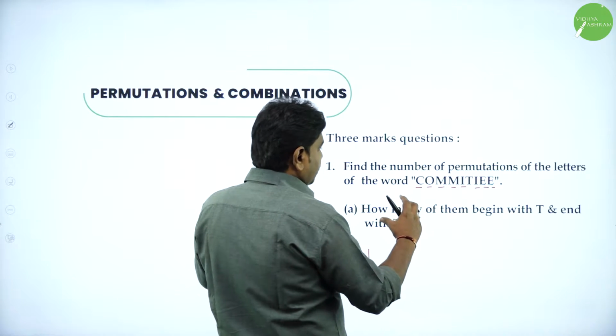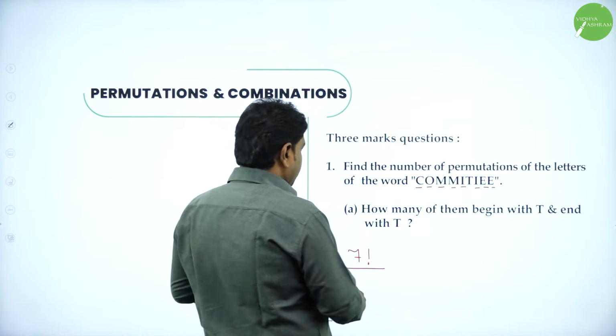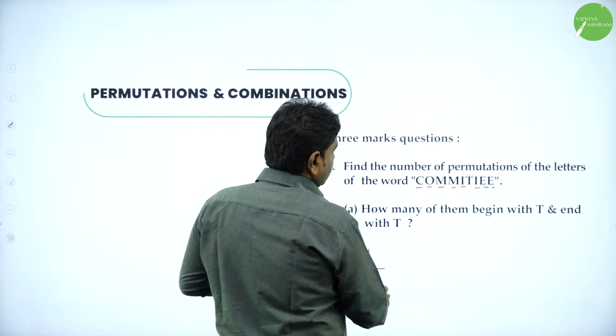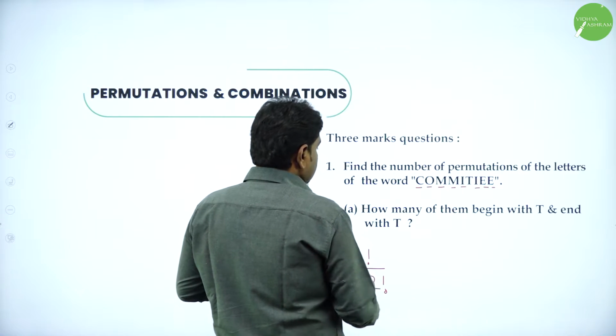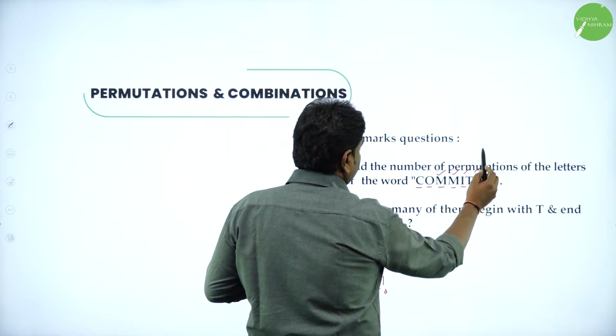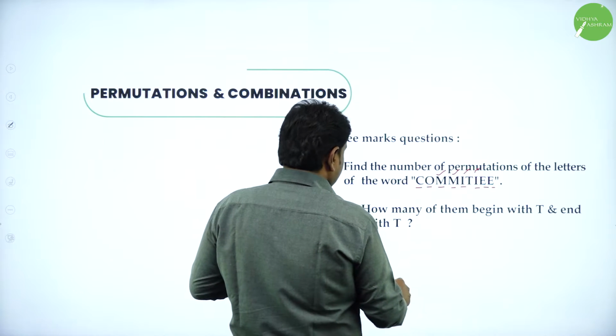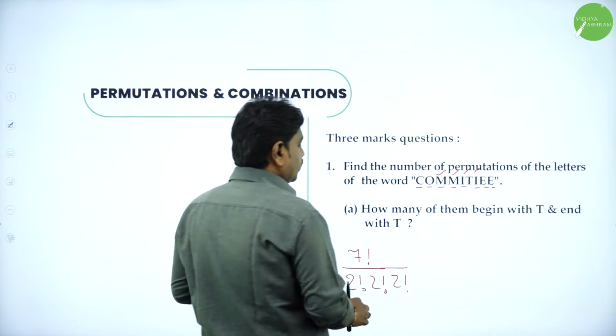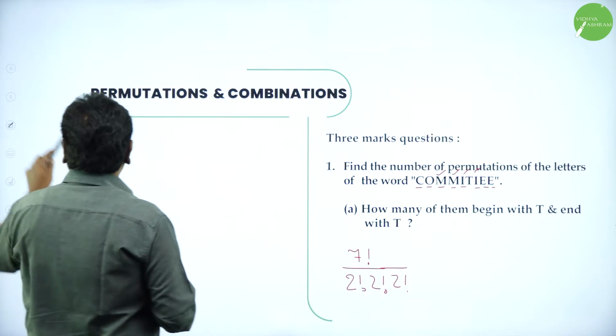And M repeated 2 times and I repeated 2 times. So E repeated 2 times. So I can write 2 factorial. Then other than that,